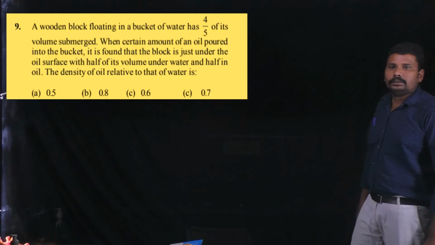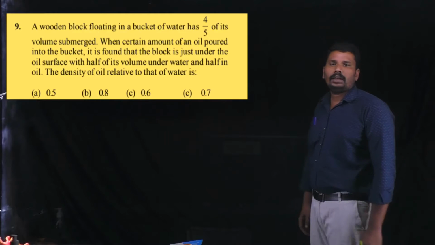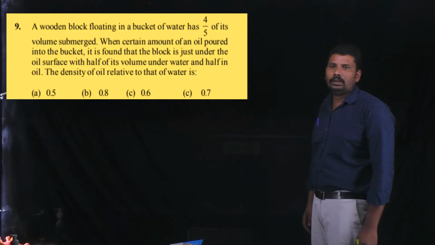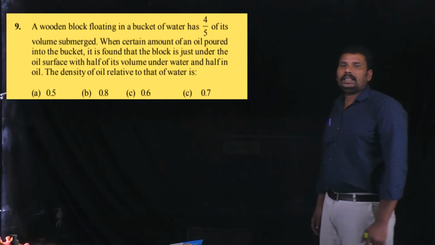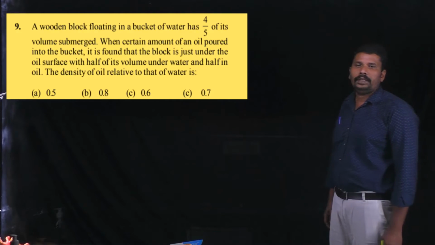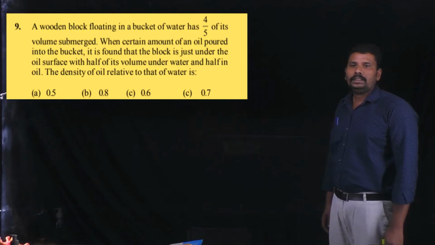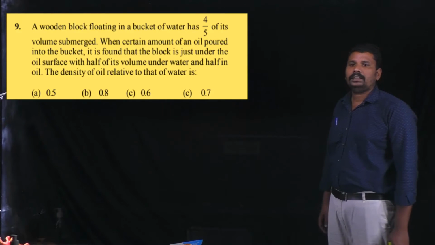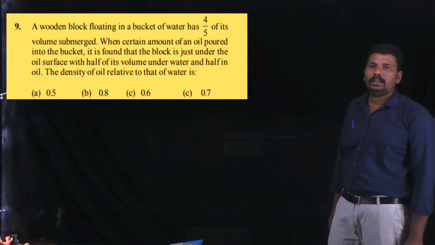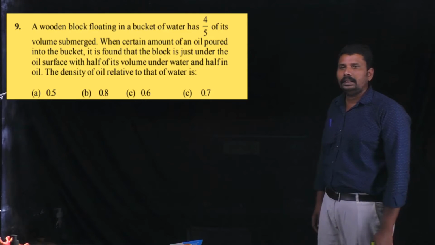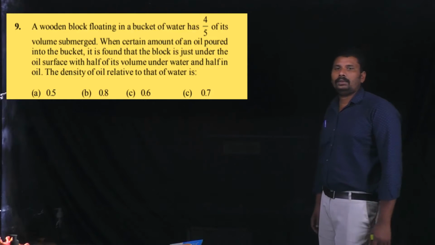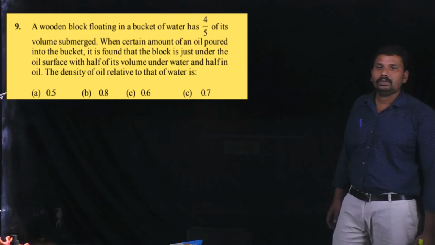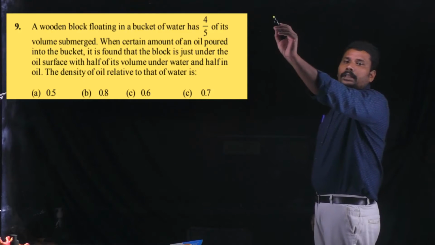A wooden block floating in a bucket of water has 4/5 of its volume submerged. When a certain amount of oil is poured into the bucket, it is found that the block is just under the oil surface with half of its volume under the water and half in the oil. The density of the oil relative to that of water is. In this question, there is a